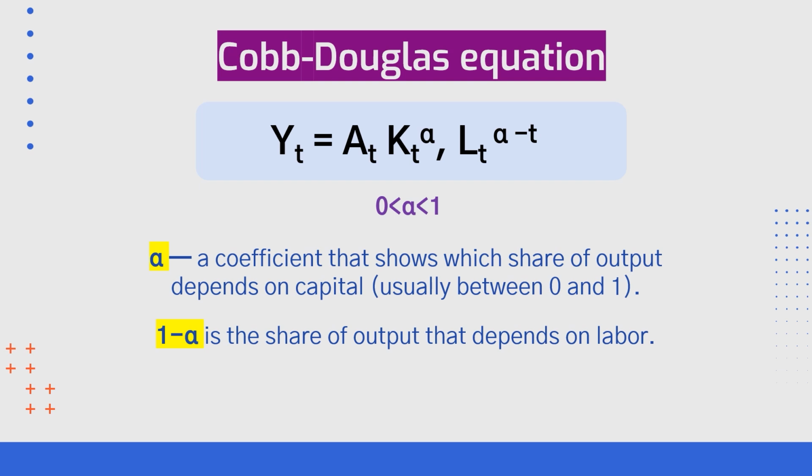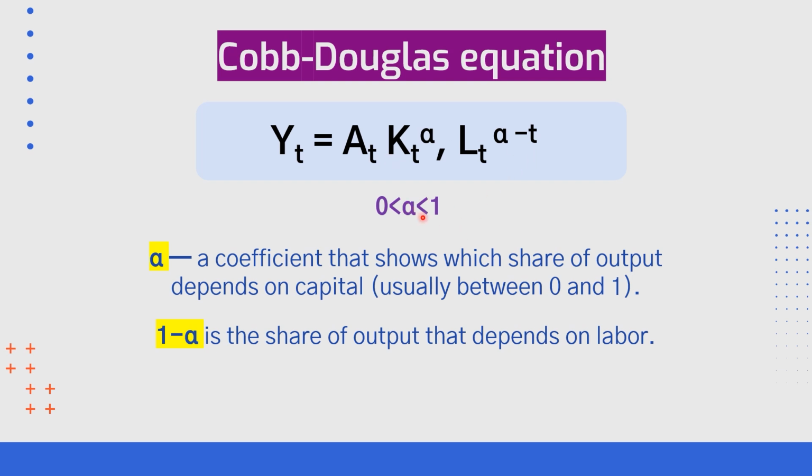In this slide, we'll explore an essential mathematical representation of economic production described by the Cobb-Douglas production function. This function plays a fundamental role in the Solow growth model and many other economic frameworks. It describes how an economy transforms inputs, capital and labor, into outputs, showing how these inputs interact and contribute to economic growth. That's how it looks. So this letter stands for alpha, which describes the elasticity of output with respect to capital.